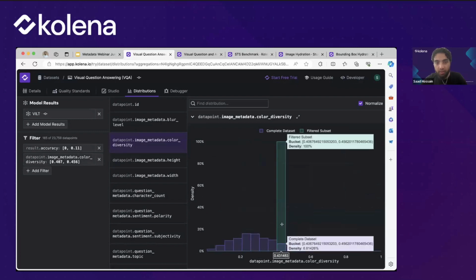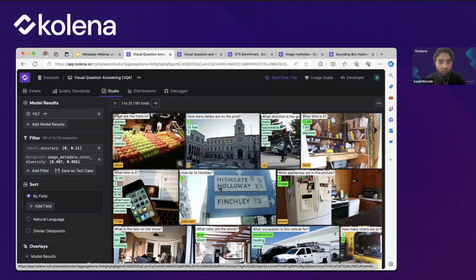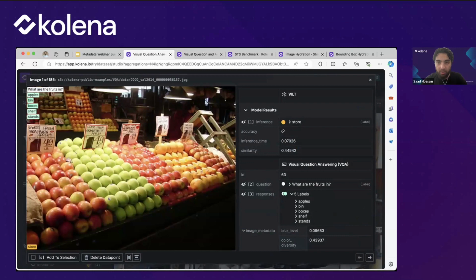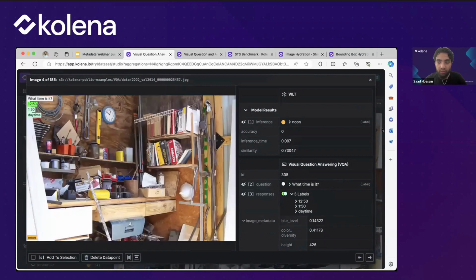And once we've applied these filters, we can manually go through the studio and see what this means. So for this increased color diversity, what type of samples are we generally looking at? Over here, we actually see the accuracy is 0. So this is essentially an example of an error. And we see the inference is "store",